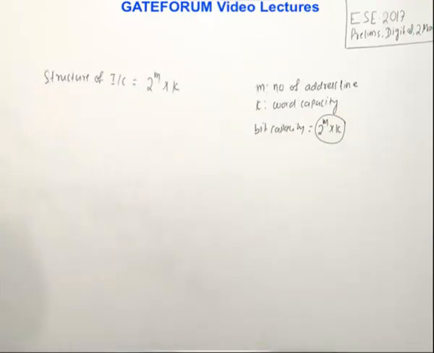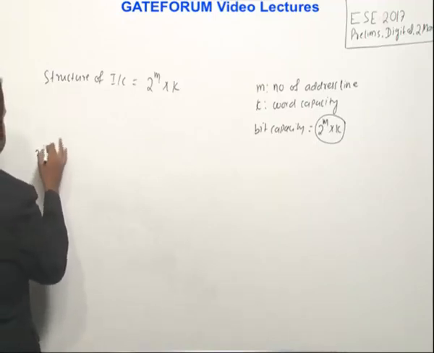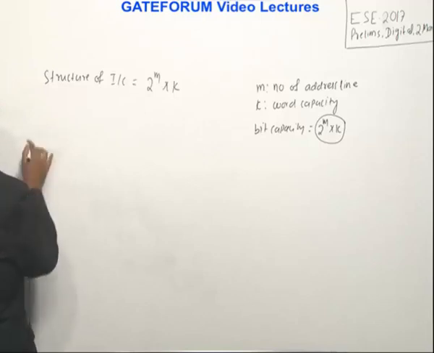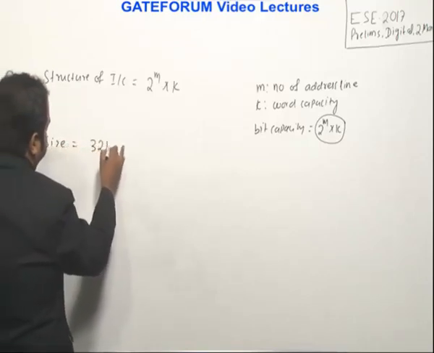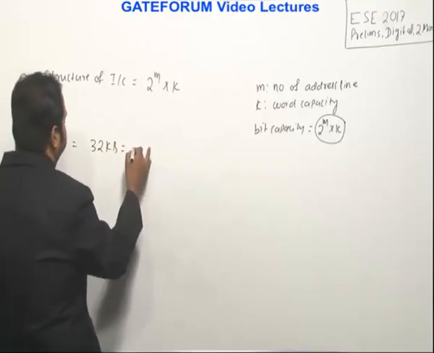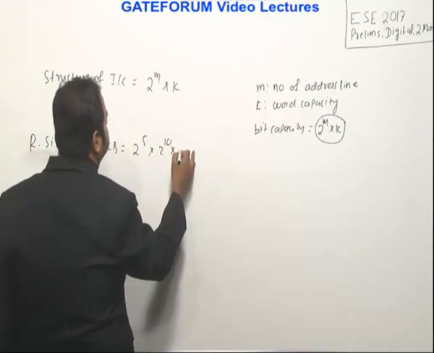So you notice one thing carefully, they are saying that a 32 KB RAM is formed by using 16 numbers of a particular IC having 14 address lines. So what is the meaning of 32 KB? This is the required size actually. So the required size is 32 KB. So what is 32 KB? 32 stands for 2 raised to power 5, 1 K is 2 raised to power 10, and this is 8.